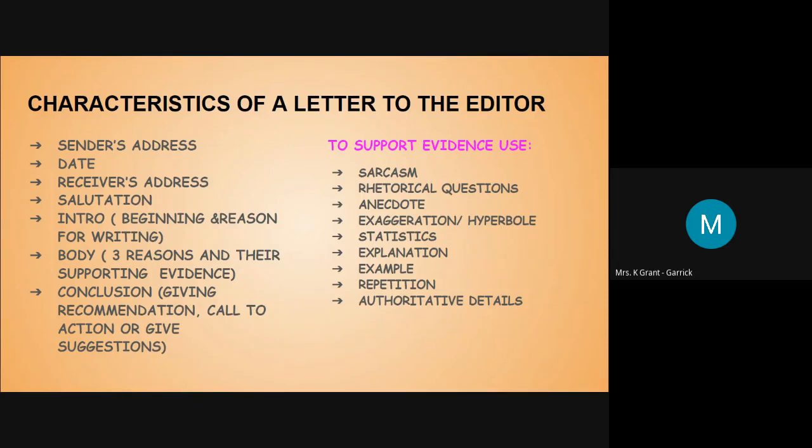Then you have your body with the 3 reasons and their supporting evidence. You have a conclusion where you give a recommendation, call to action, or 3 suggestions. But as you zoom into the body, you can support whatever it is that you are conveying through sarcasm, rhetorical question, anecdote, exaggeration, hyperbole, statistics, explanation, example, repetition, authoritative details, and there are more that you could employ. Facts,